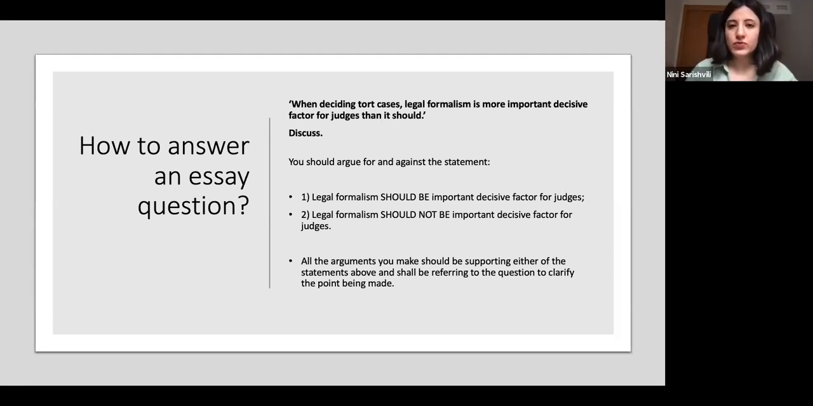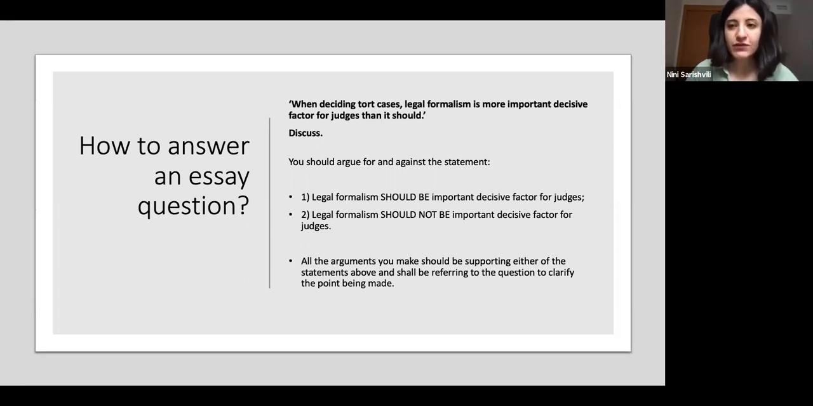So you analyze the topic from all possible angles and you make all possible arguments that can be made on this topic, applying all the main cases that you have covered on the course. All the arguments you make should be supporting either of the statements. So a good way to stay focused on the question and answer the question as it asks you would be,